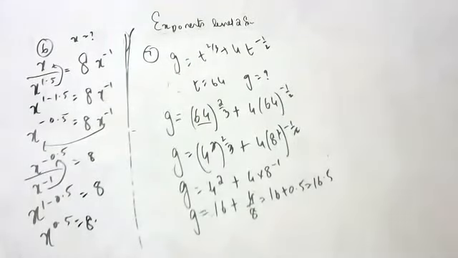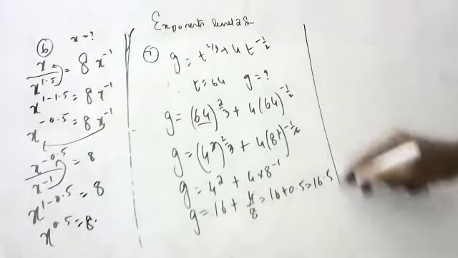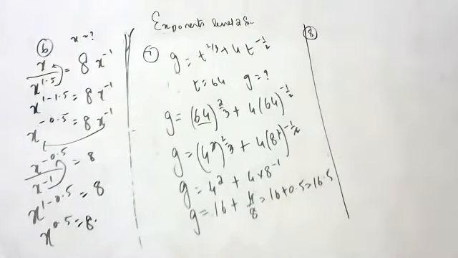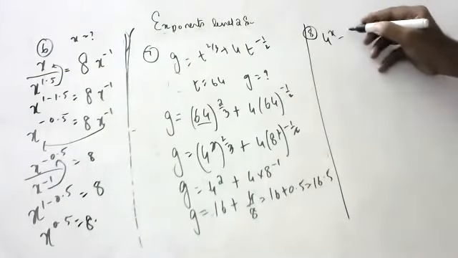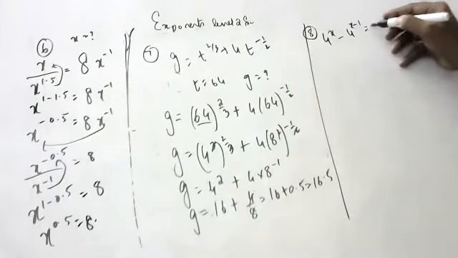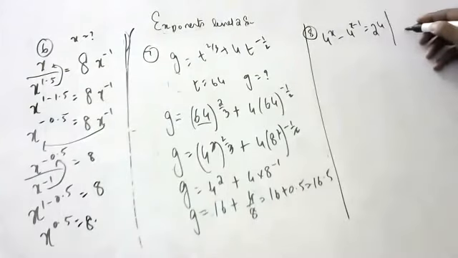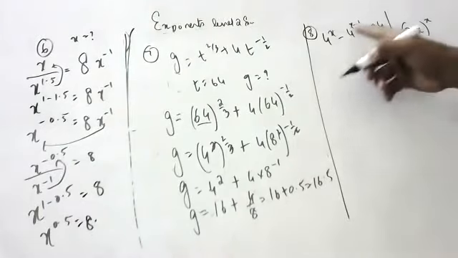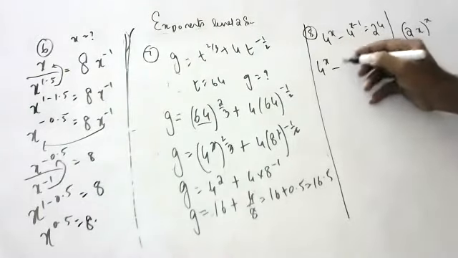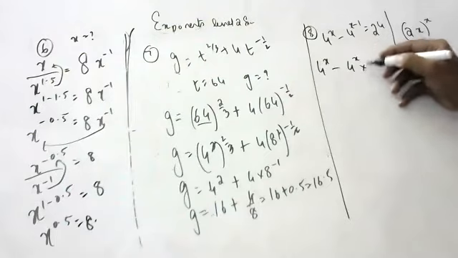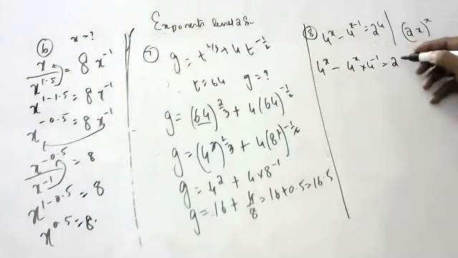Okay, next, Vikram, are you there, Vikram? Tanmay is there, Tanmay? Yes, sir. Tell me this question. 4 to the power of x minus 4 to the power of x minus 1 is equal to 24. Find the value of 2x whole to the power of x. What can we write? 4 to the power x minus 4 to the power x into 4 to the power of minus 1 equals to 24.